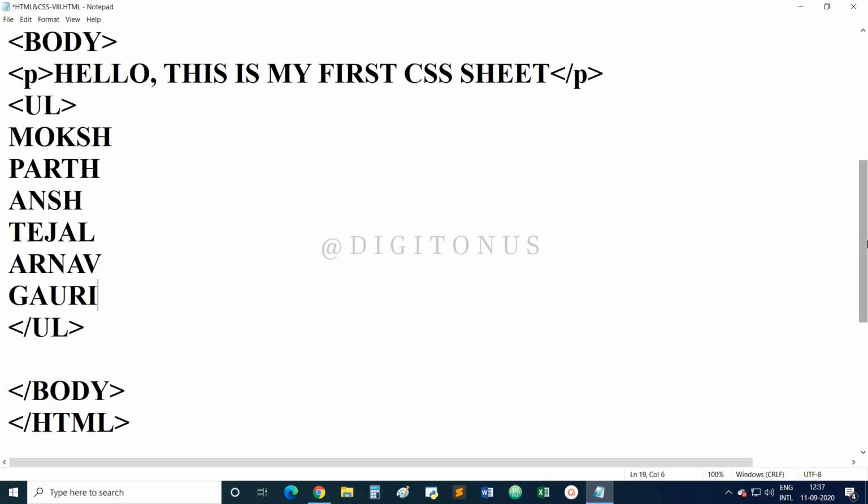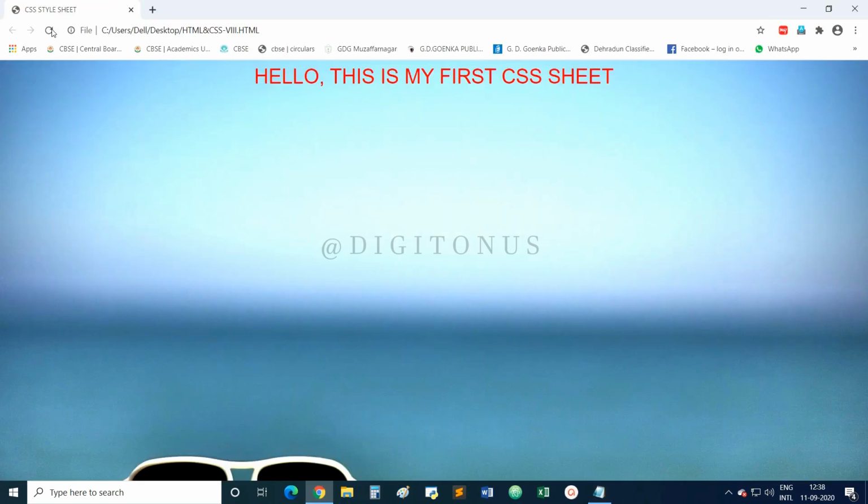So when we talk about an unordered list, it means the list which is in a particular sequence but in an unordered way, meaning there is no sequence like 1 2 3 4 or A B C D or Roman numerals. In an unordered list, what you will find is bullets, like in MS Word we have bullets and numbering. So when we choose bullet, it gives only a symbol, either a circle, a dark circle, or a square, or any other particular design. Now I am saving this file and let's go to the browser and see what effect is there.